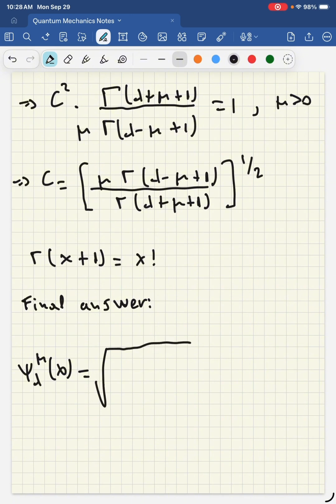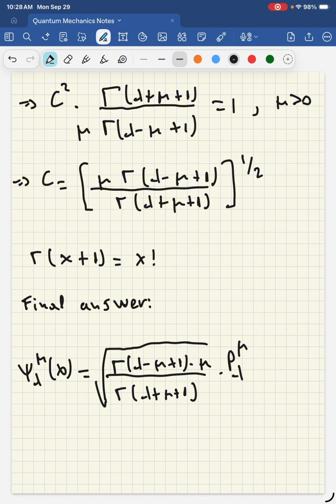This is equal to gamma of lambda minus mu plus 1 times mu, I'm sorry, over gamma of lambda plus mu plus 1, times the Legendre polynomials of the hyperbolic tangent of x. Okay,